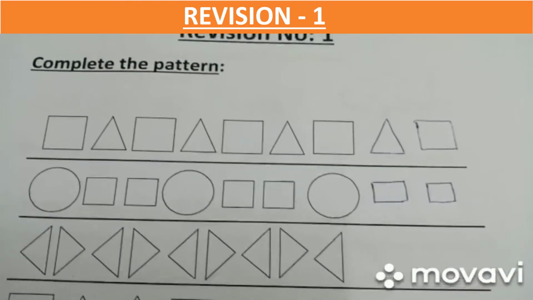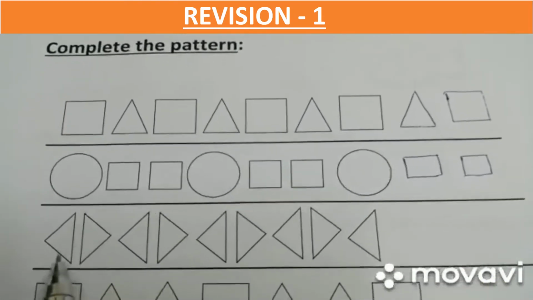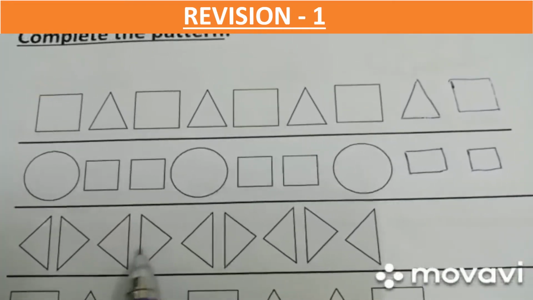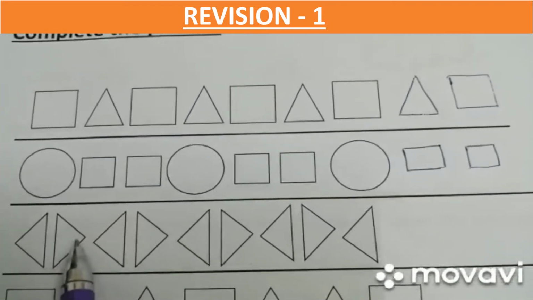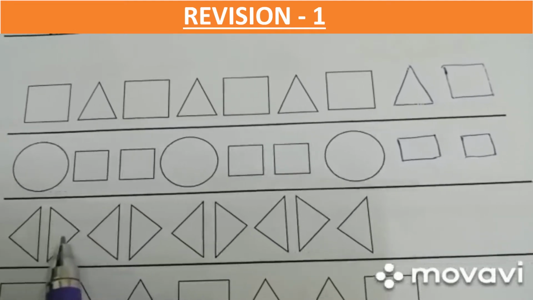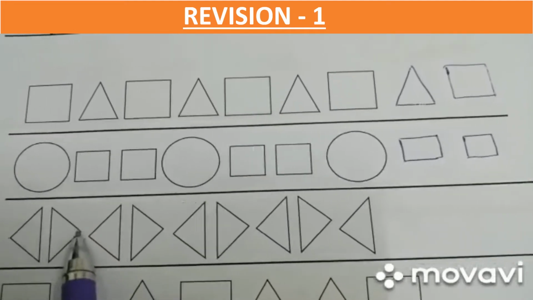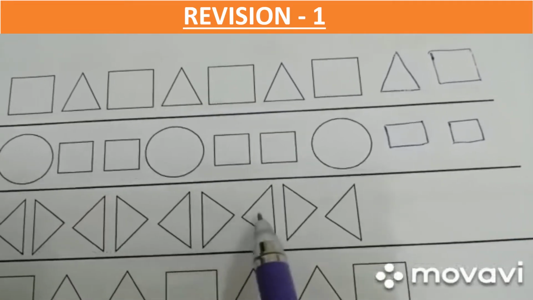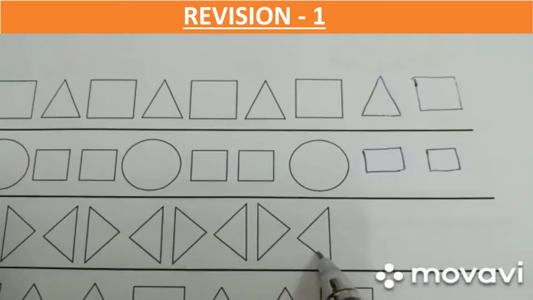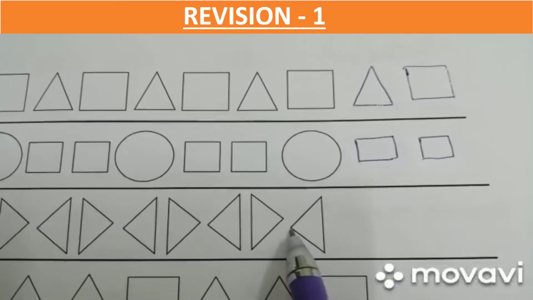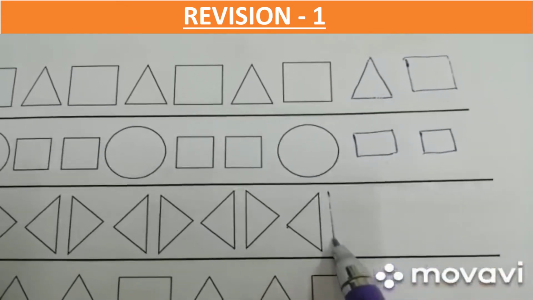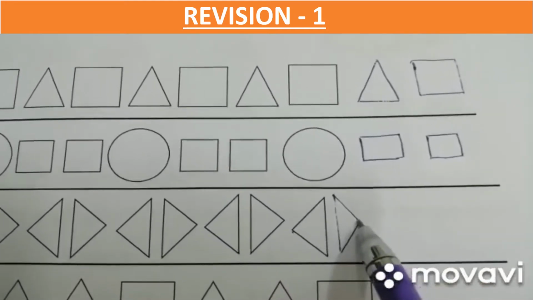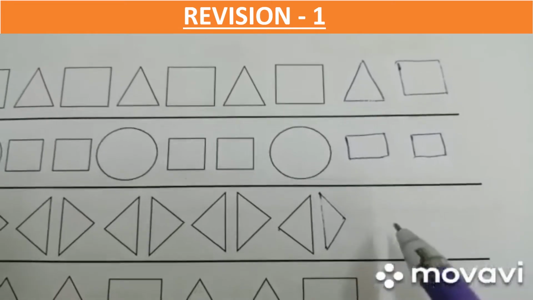Now what is this here? This is triangle, then again triangle, triangle, triangle, but its shape is like this. The point is towards this side, and these two join. This point is towards this side and this point is towards this side. See, this is a triangle here. Again triangle, triangle. Now what is missing here? This point is from the left side. Now we will again make a triangle, but the point will be from the main point where two points meet. It will be from the right side.